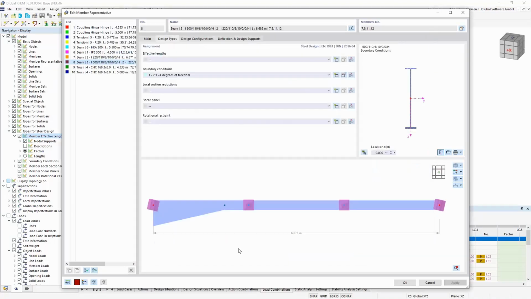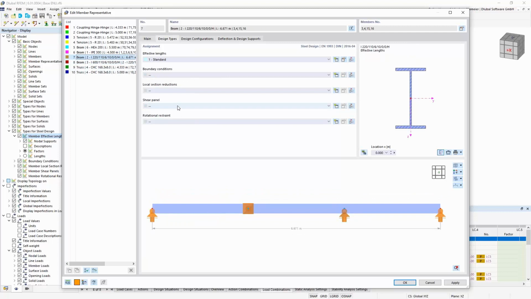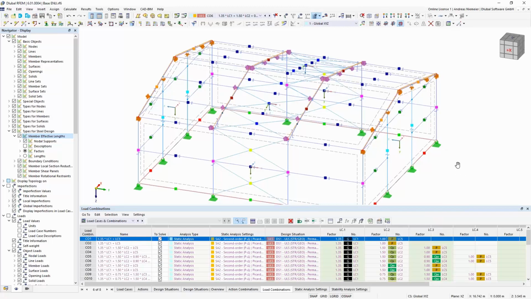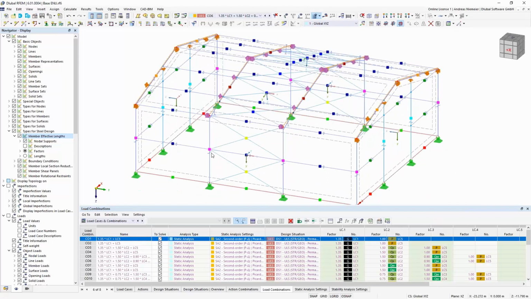And now we can place even this stiffness type for this roof element, and even for the, let's say, other roof element, we can use also the shear panel setting. So this is quite easy with these representatives because I can distribute the setting to all connected members which have these similar properties. Now let's go to the columns.